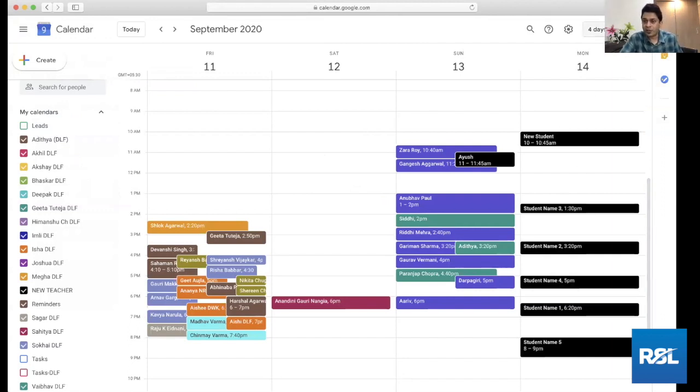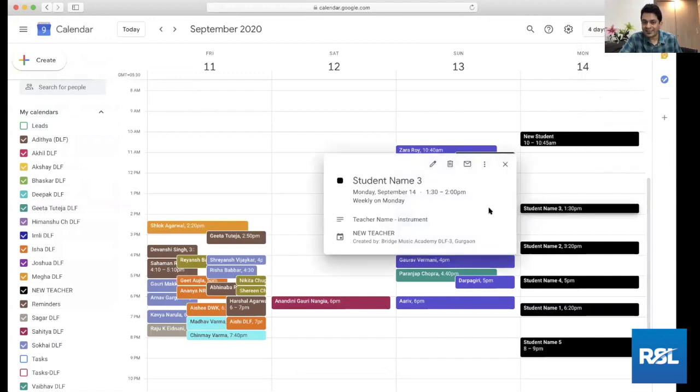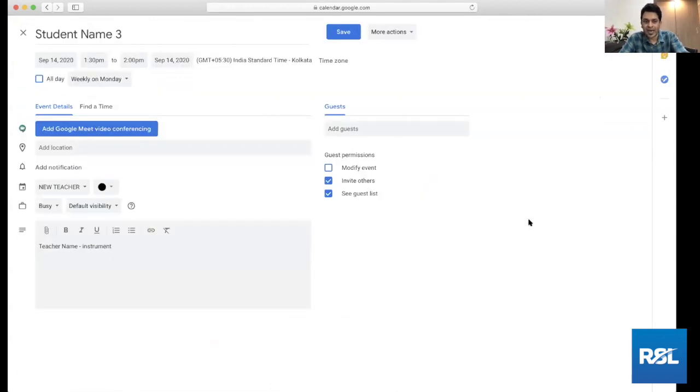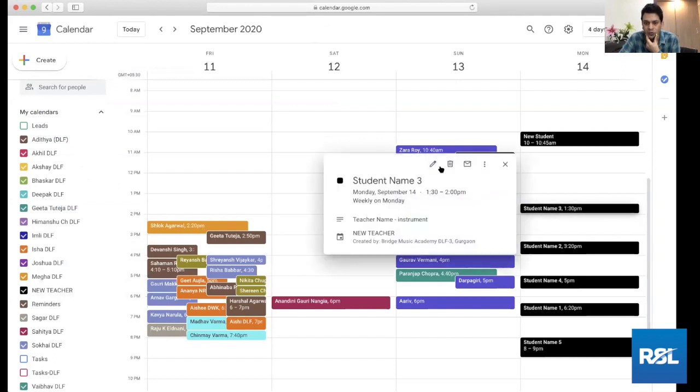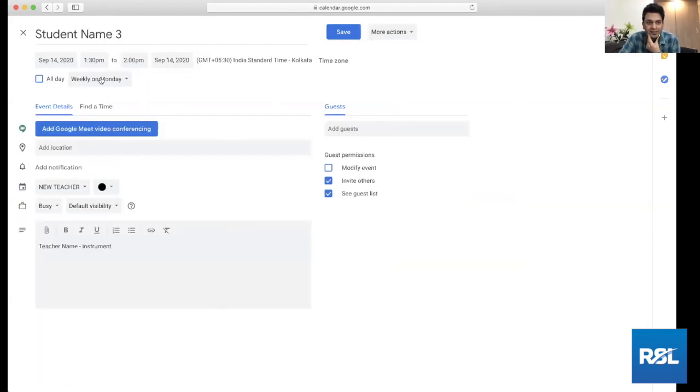Shortcuts to save time. I've already shown you these are the shortcuts of different views of the calendar that you can see. If you're in the edit view, E is the shortcut for getting into the calendar. And once you've made the changes, suppose you change it to... do I have the recurring event? Oh yeah, one more thing I want to show you about the recurring event right now. But basically, just to save anything is Command S, right? So one more thing I want to show you about a recurring event is, suppose I go to this event and this student number 3 is taking a class with this teacher, but this teacher somehow is a senior teacher and he teaches only twice in a month.